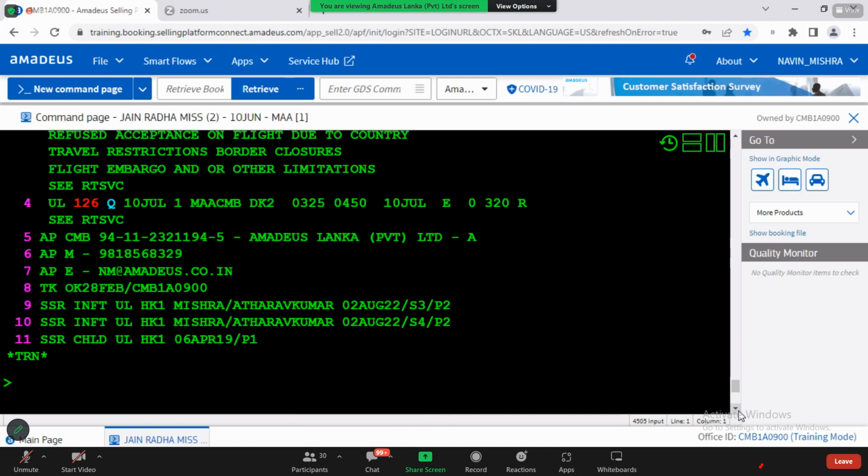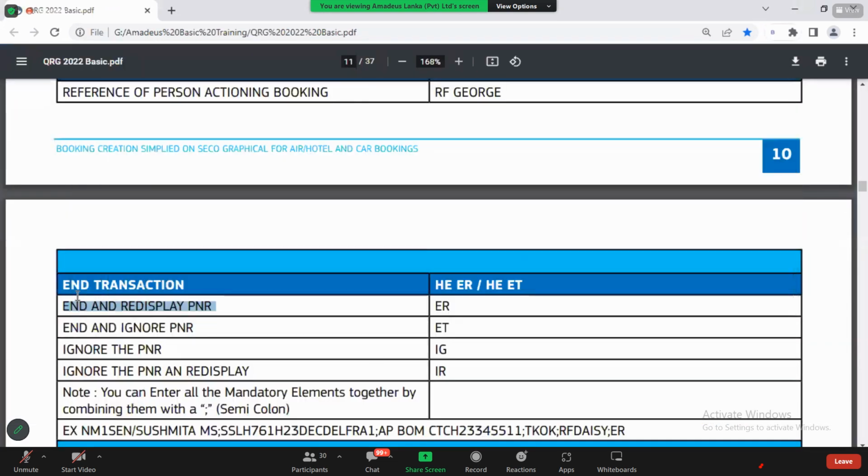Okay. Then you will do ER. E stands for end, and then redisplay the PNR. But suppose your job is only to create n number of PNRs daily. Suppose in your organization the supervisor said that you have to create 100 PNRs daily. So what will you do? Will you go and check whether every element present is correct or not? If you know that whatever element is mandatory to create a PNR, I have entered it correctly,